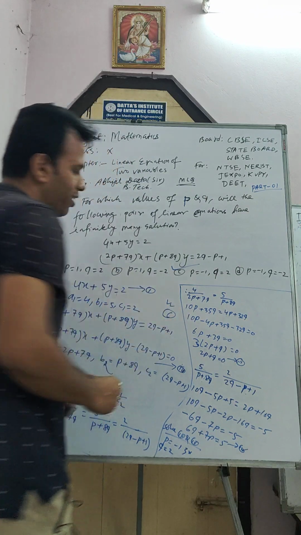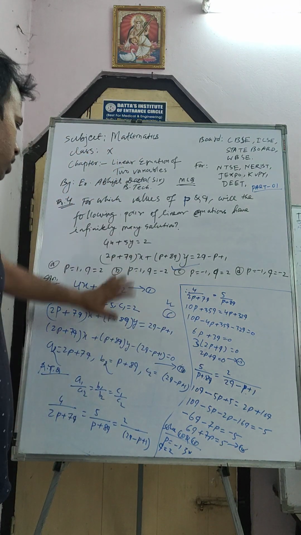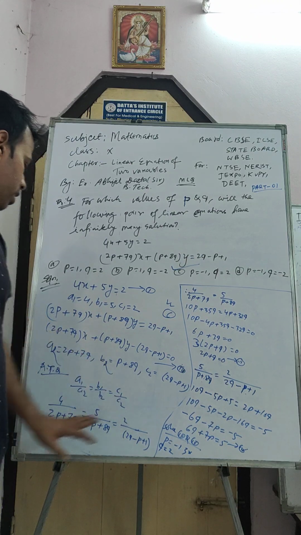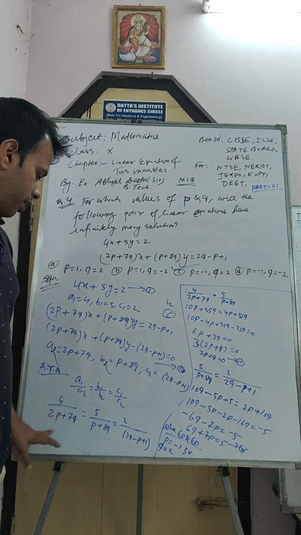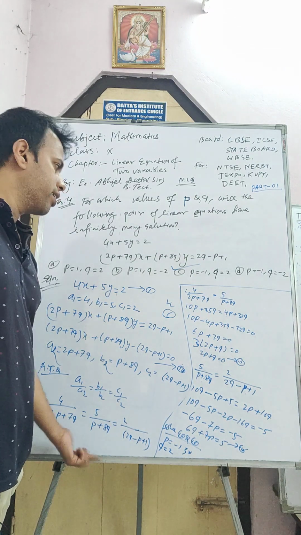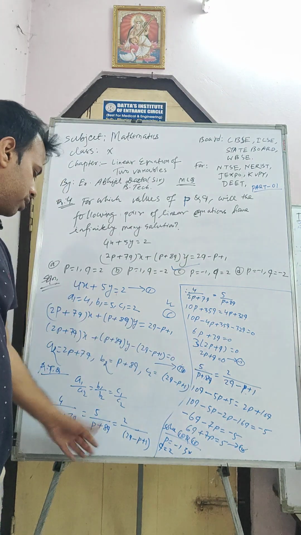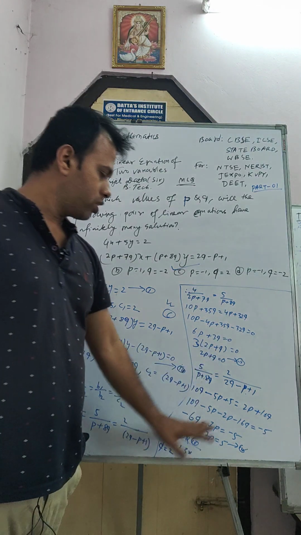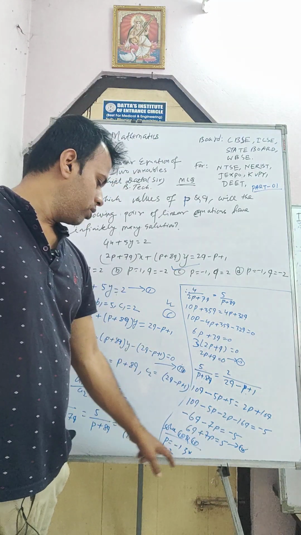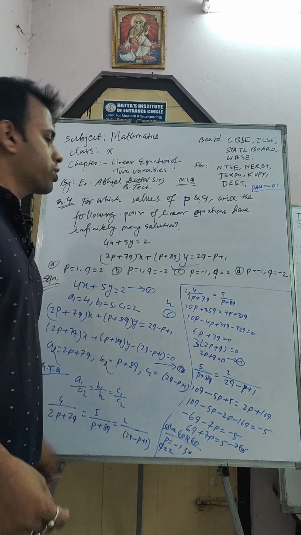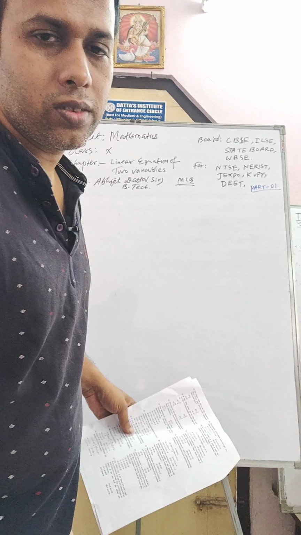Okay. So what I am doing here, I just write the equation and try to find out what A1, B1, C1 is and A2, B2, C2 is. After that I write the equation and I take this part, and from that one equation came out, and I also take this part and another equation came out. And if you solve equation 3 and 4, here p will be minus 1 and q will be 2. So option C will be the correct answer here.